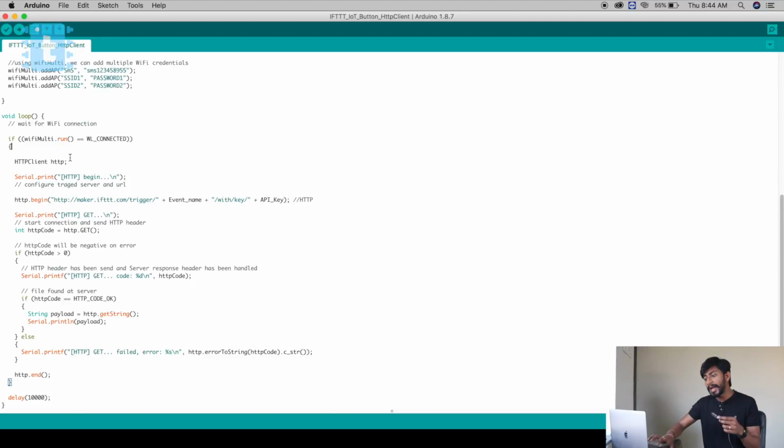In this particular code, I'm just requesting a link after every 10 seconds. That means I'll be getting a notification on my smartphone at an interval of 10 seconds. So let's just upload this code and see everything in action. I'll click on this upload button, I will press and hold this boot button,